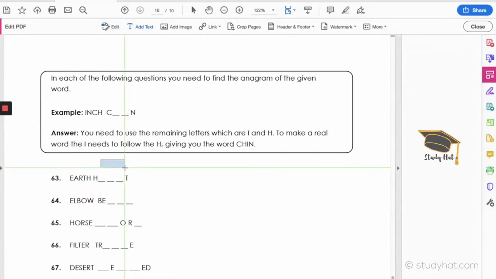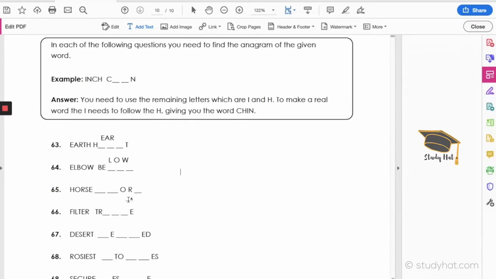So here, we're missing the letters E, A and R. Actually, with H at the start and T at the end, we can see that that is heart. Then here we're missing the letters L, O and W, and with B at the start we can see that spells below. Here we're missing the letters H, S and E. It would make sense that there's an E at the end there. So we've got the S go before the H, and then we'd have the E at the end, so that